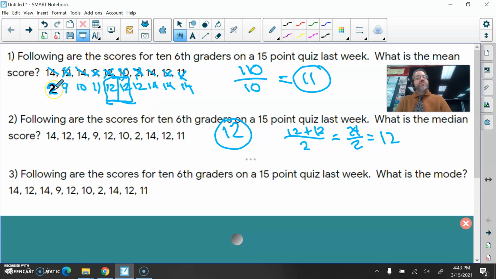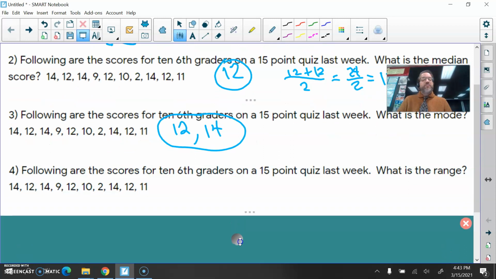11, 10, 9, and 2 each appear only once. So actually, I have two modes in this example, 12 and 14. There are two modes in this data set. Okay,